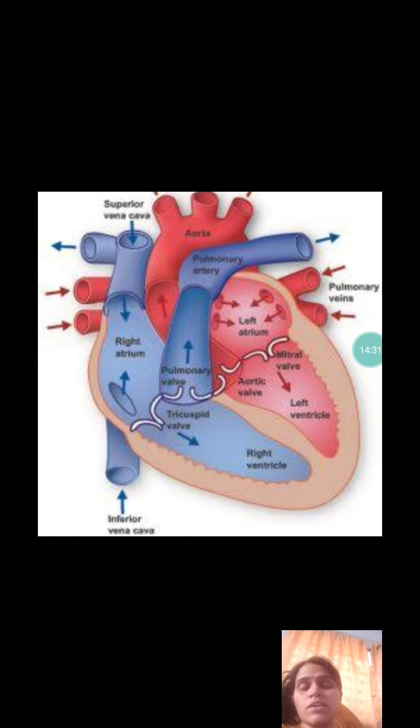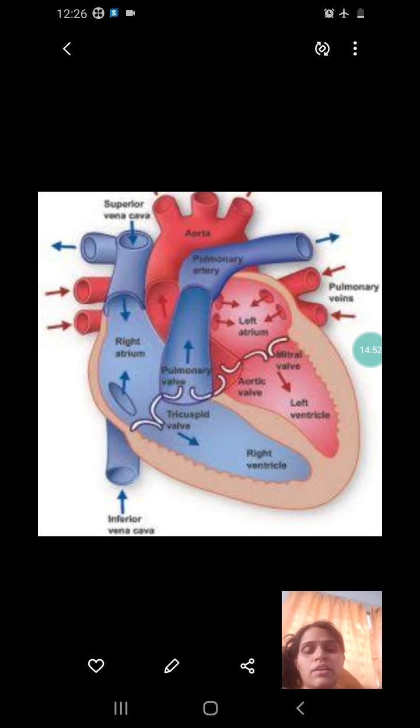This is a 2 marks question: the circulation of blood is called double circulation in the human heart. So the entry and exit of blood is 2 times. Here you say, first of all the deoxygenated blood comes to the right atrium. Okay, and after that the deoxygenated blood goes to the lungs for oxygenation and it returns again to the heart. That's why it is called double circulation.